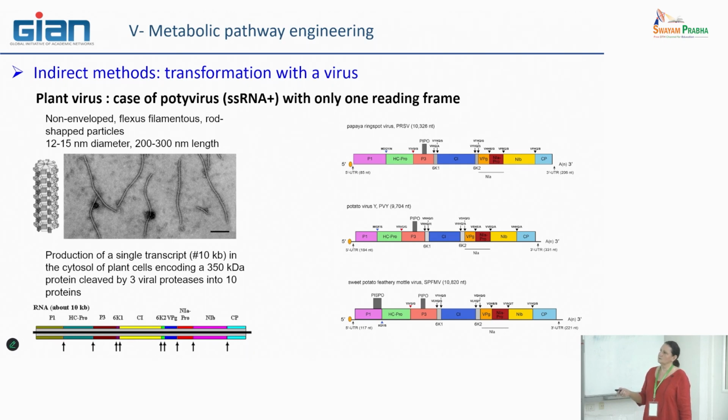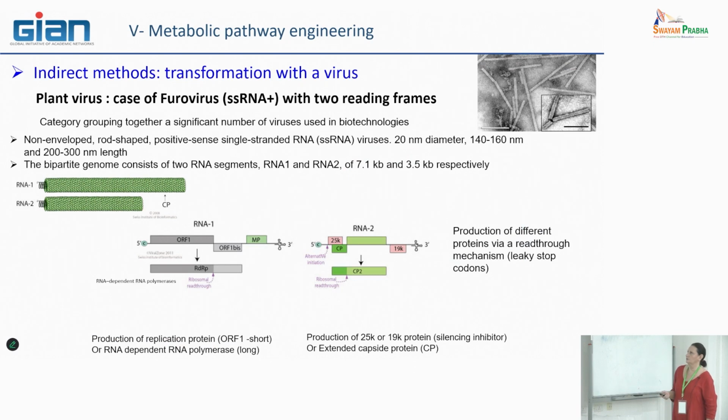And what is interesting, they have only one genome sequence with all the genes necessary for their movement, replication, and protection. So you always have the same type of structure of the virus sequence. The only thing that changes is the size, depending on the type of virus, here papaya or potato, and also the strength of the different proteins produced by this type of virus. They are quite useful for biotechnological systems.